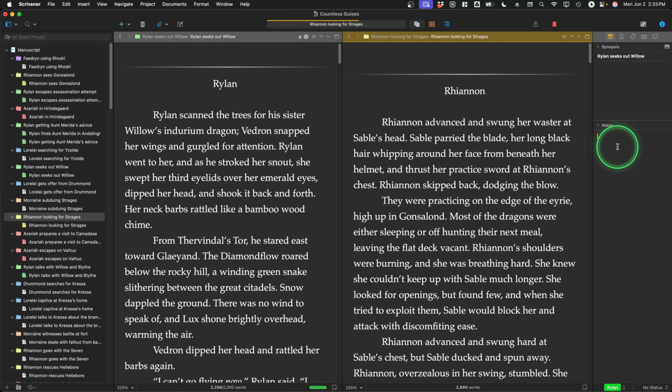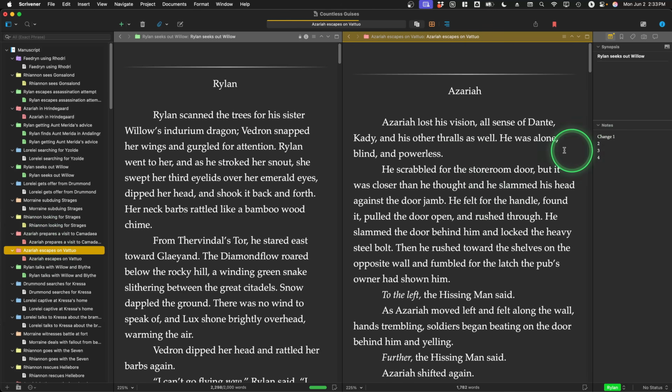So let me just show this. So change 1, 2, 3, 4. And so as I'm jumping around the manuscript, this is locked to this editor over here on the left-hand side. And so I can just notate that I've made the changes, essentially knocking things off my checklist as I go. And because the inspector is locked to this editor, I won't have to jump back and forth all the time. If I didn't have that,